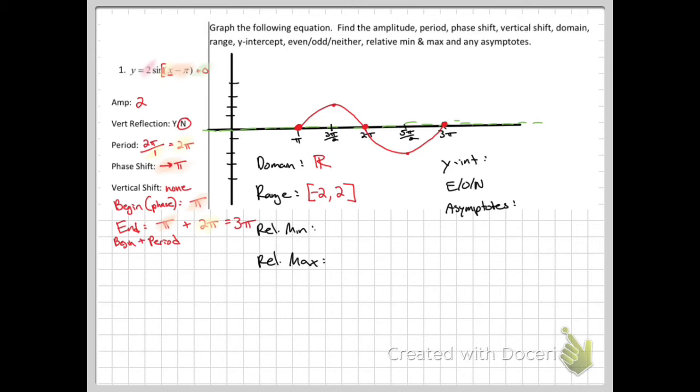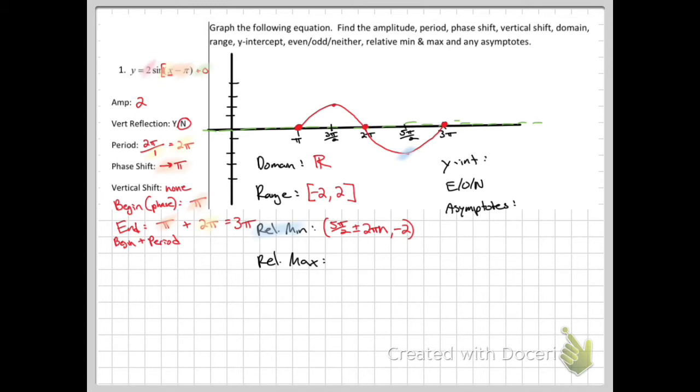Relative minimum, the low point of a valley. That point is at 5 pi over 2, but this is just one cycle of sine. It repeats every 2 pi n, so it repeats plus or minus 2 pi n, and then the y value is -2. Relative minimum is a point. So this is saying it's going to be at 5 pi over 2, it's going to be at 9 pi over 2, it's going to be at